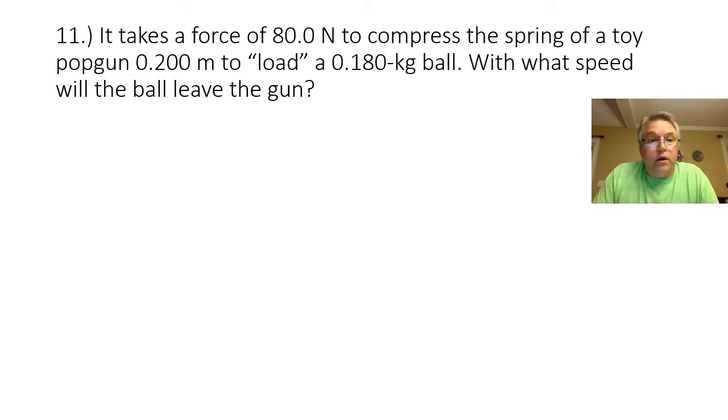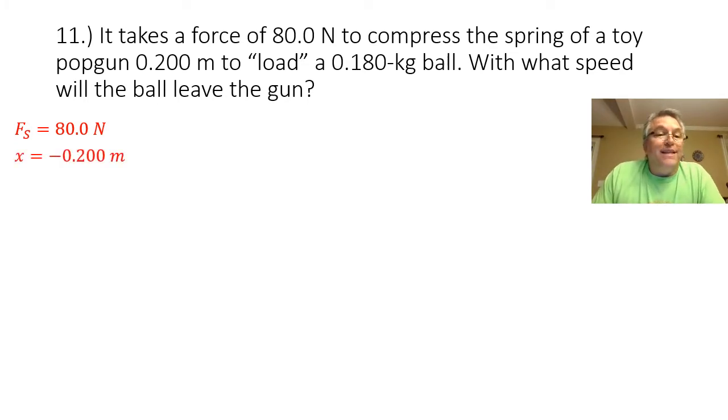So let's take a look and see what we are given here. We are given the force acting on the spring is 80.0 newtons. I know that my displacement is going to be negative 0.200 meters, and it doesn't explicitly say that in the problem, but because I know that we are dealing with a force on the spring, we are going to be working with Hooke's law, and I know that that force is a restoring force, so the force and the displacement have to be in opposite directions. So if my force is a positive 80.0 newtons, my displacement has to be negative, in the opposite direction. We're also given the mass of the ball at 0.180 kilograms, and we're being asked to find the